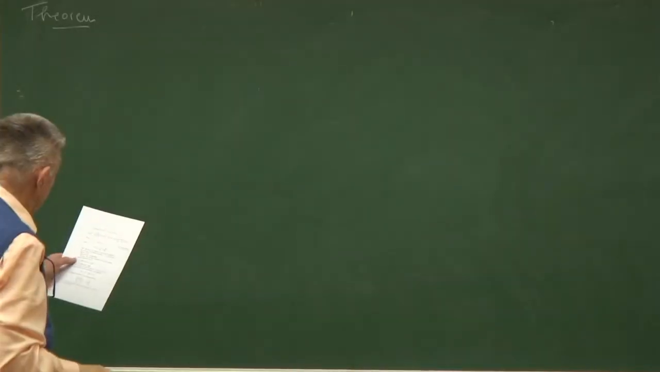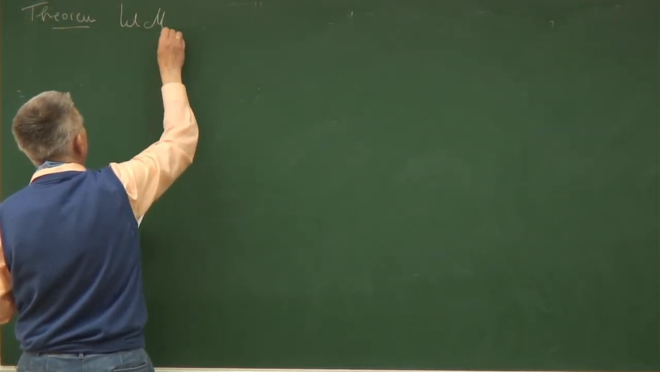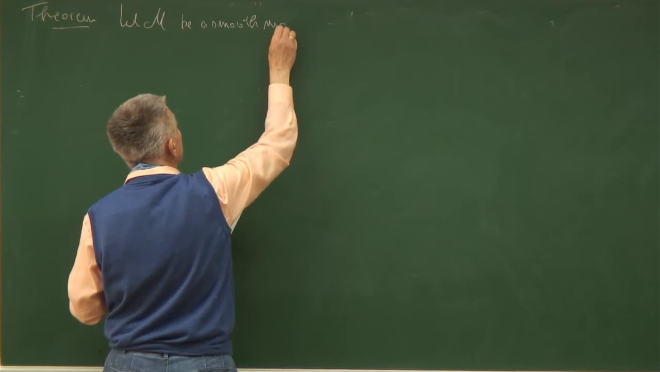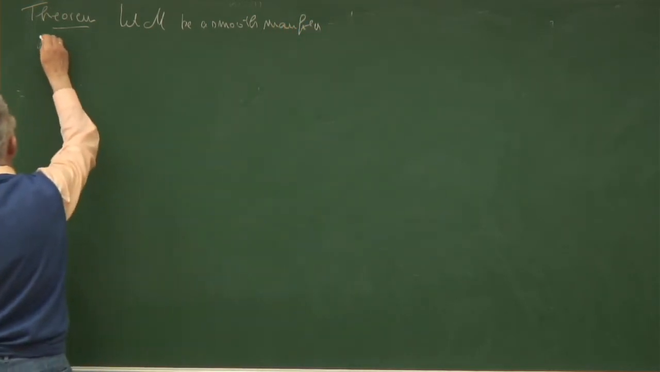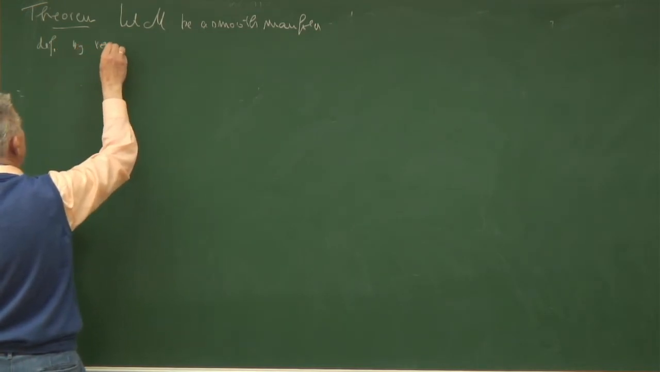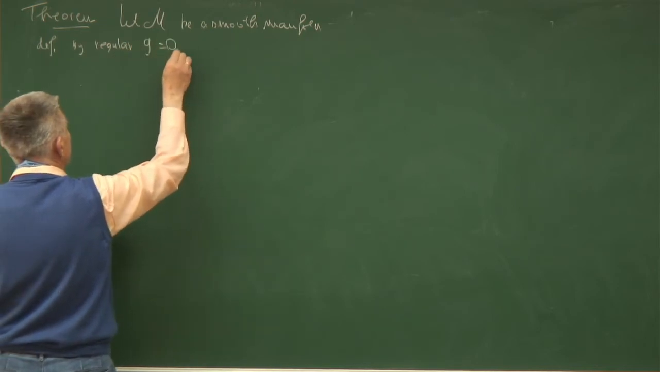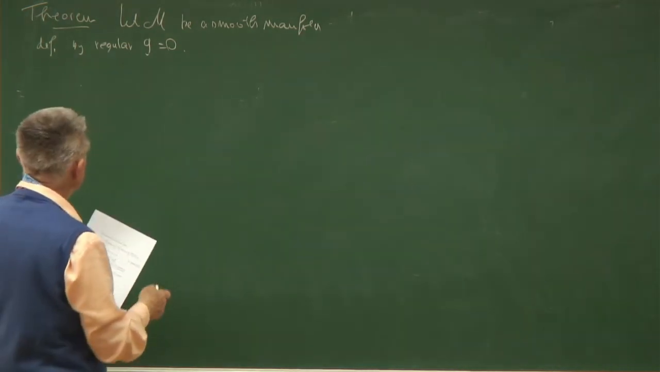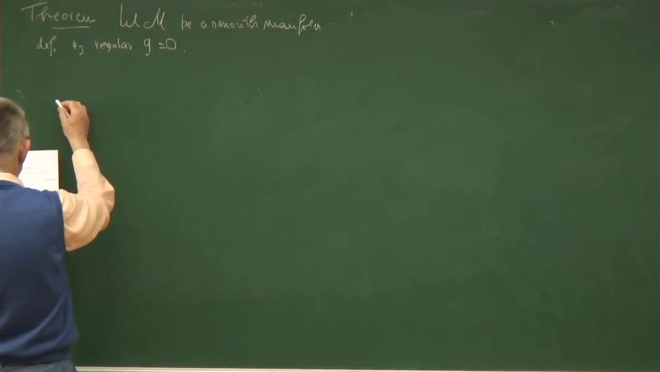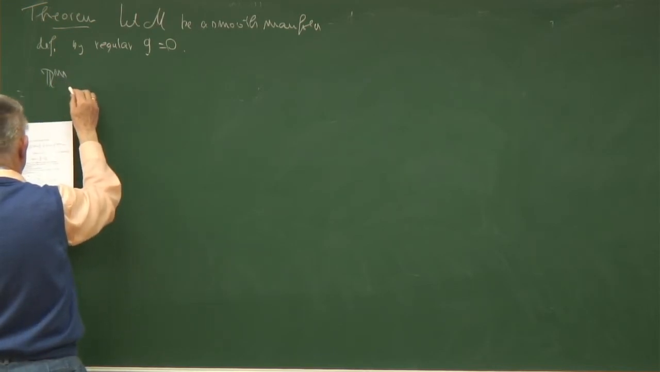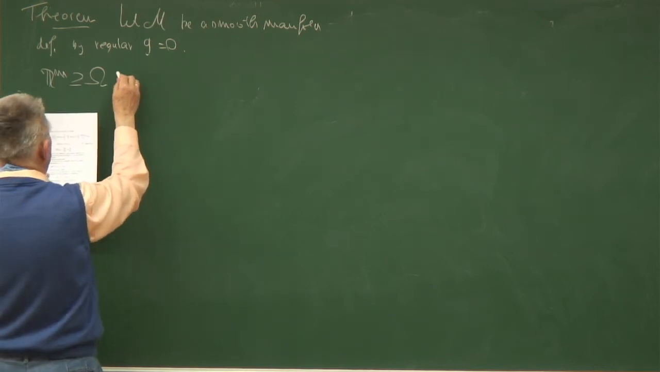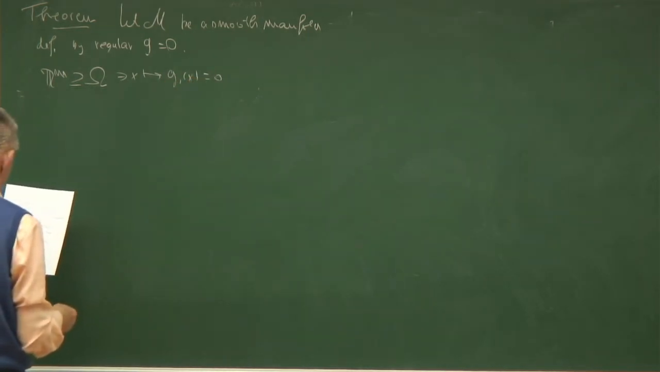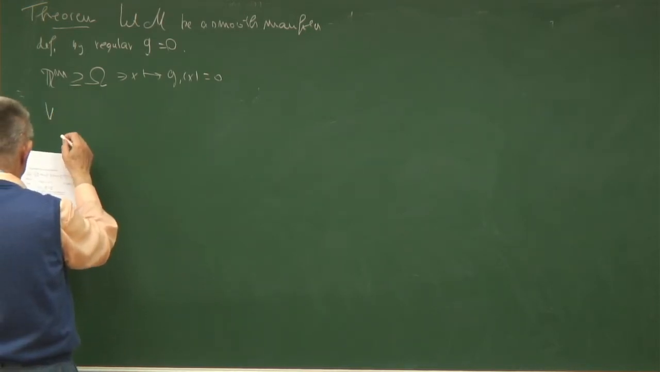Theorem. Let M be a smooth manifold defined by regular conditions such that M contains omega, contains X, goes into GA, GI of X equals 0, and B, a smooth, again,